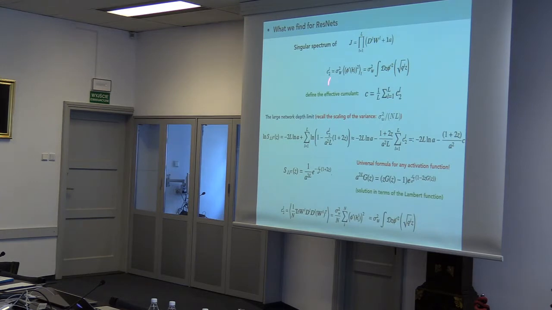So if you have an object which we call a cumulant here, which under some assumptions on the behavior of the pre-activations that I will talk about more later, can be written as this Gaussian integral with respect to the square of the derivative of the activation function, with Q being the variance of the pre-activations in a given layer. If you define this object,